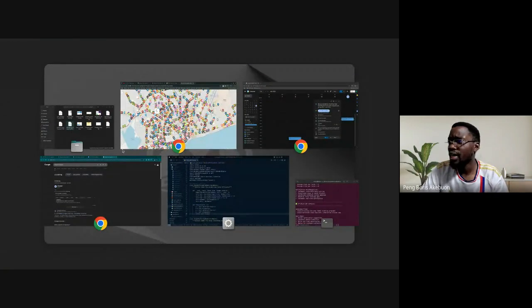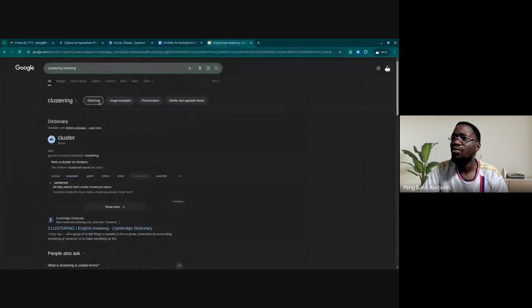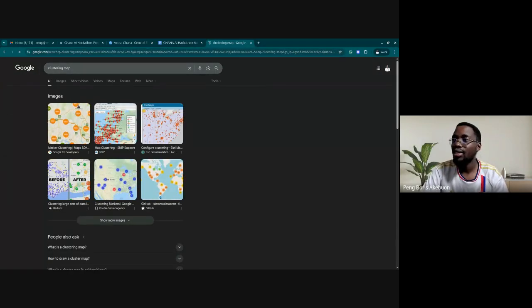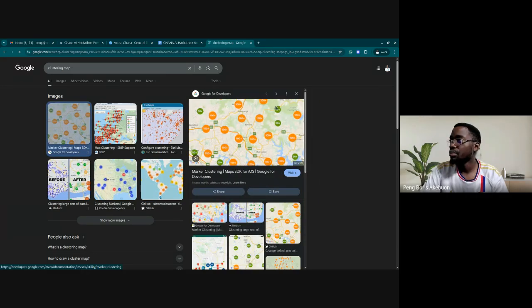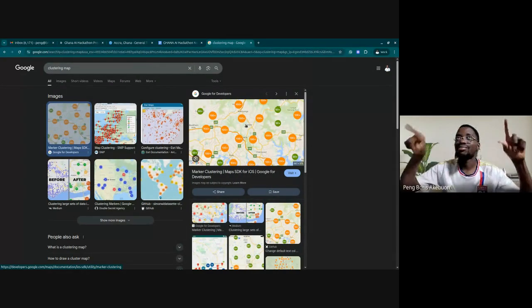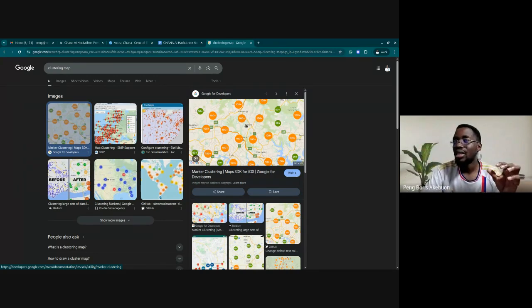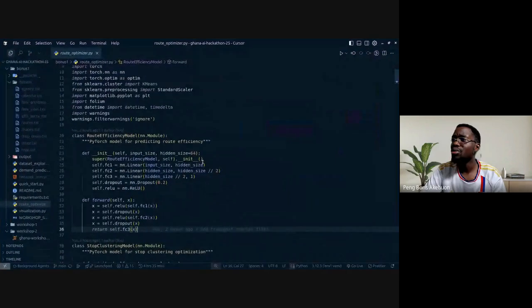There are other ways of visualizing a clustering map. After you get this data, you can create a clustering map that circles or shows different spots with a large amount of similar trips. And yeah, there are a lot of other things you can do, but what I was